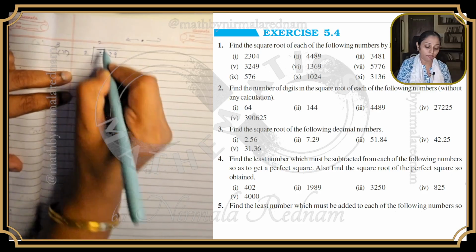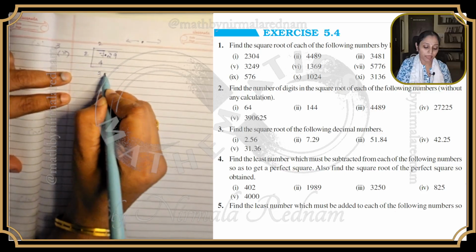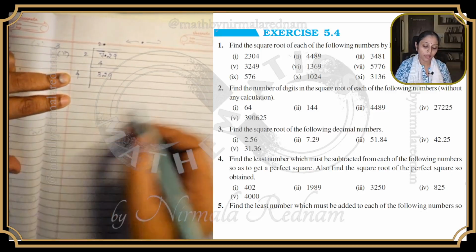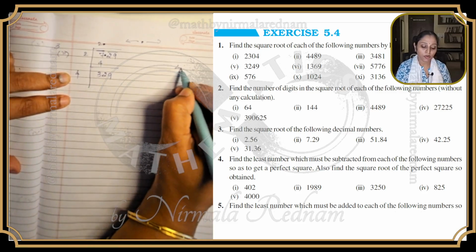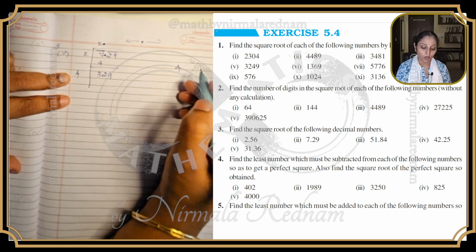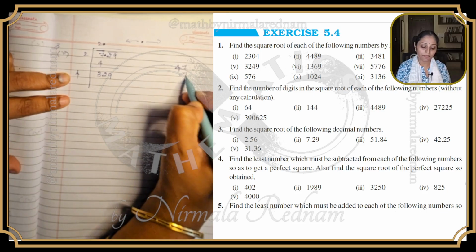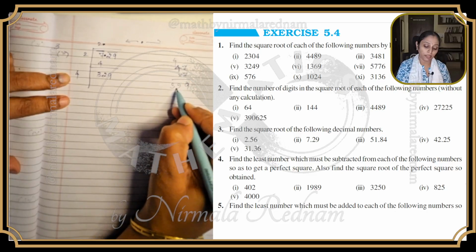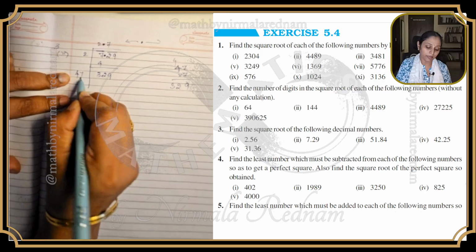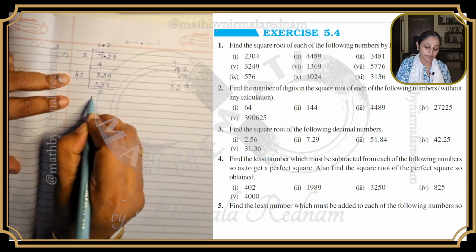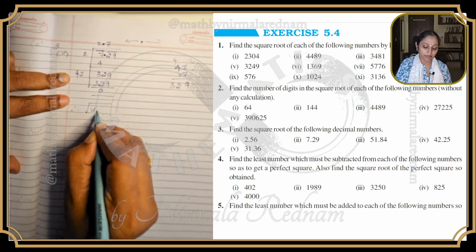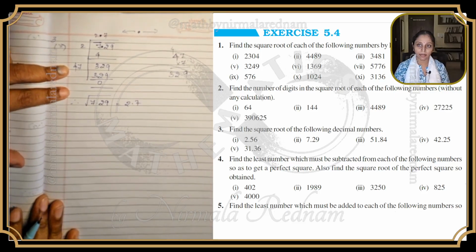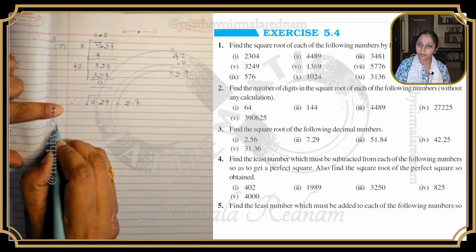So I have 2 square 4. Subtract, I'll get 3, bring down the next bar, put a decimal over here, right? And double of this is 4. And because I have a 9 here, it's either going to be 3 or 7. Okay, 3 is too small. Let me check 7, 49 and 32 plus 28 plus 4 is 32. So 2.7 is my answer. Therefore, square root of 7.29 is equal to 2.7, right? So, let's look at the third bit,